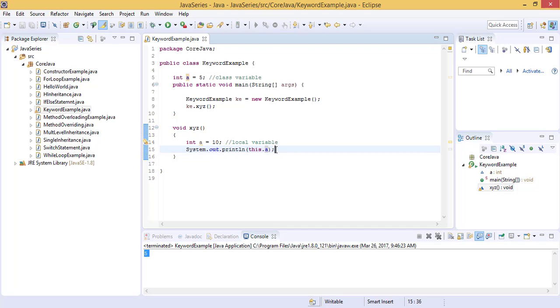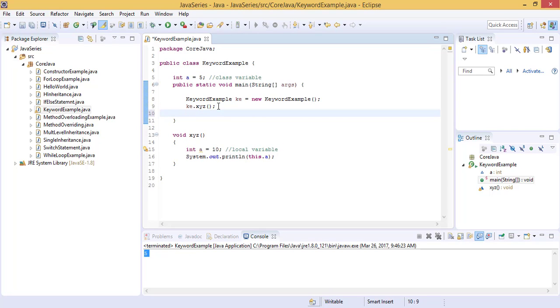Moving on to our next keyword, that is static. As you can see, the main method is also static. That means we can call this method without having any object. That's what we usually do. And I also mentioned a limitation, or restriction, with the static keyword: we cannot call a non-static method or variable from a static method, which we have already discussed in our previous episode.